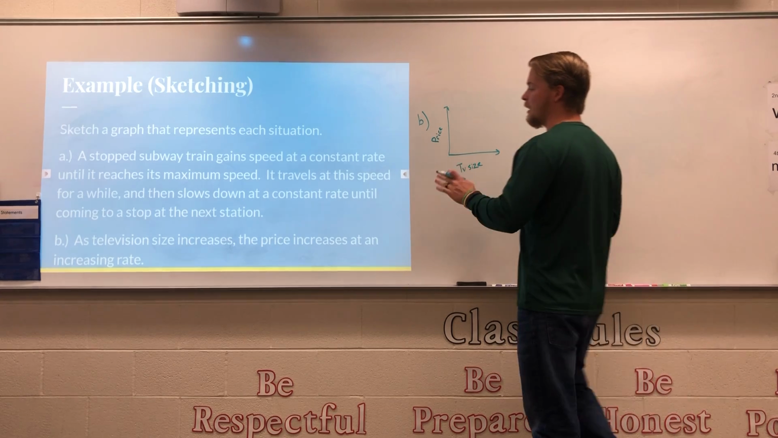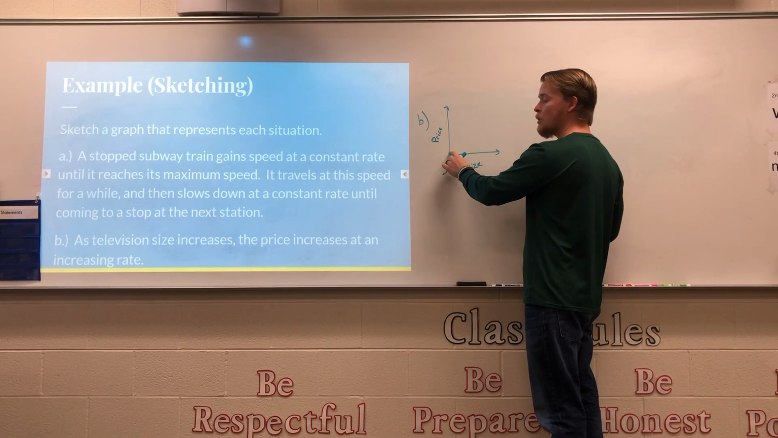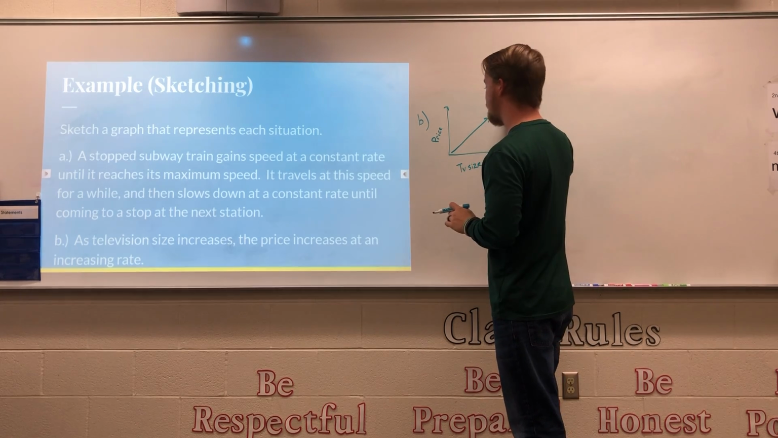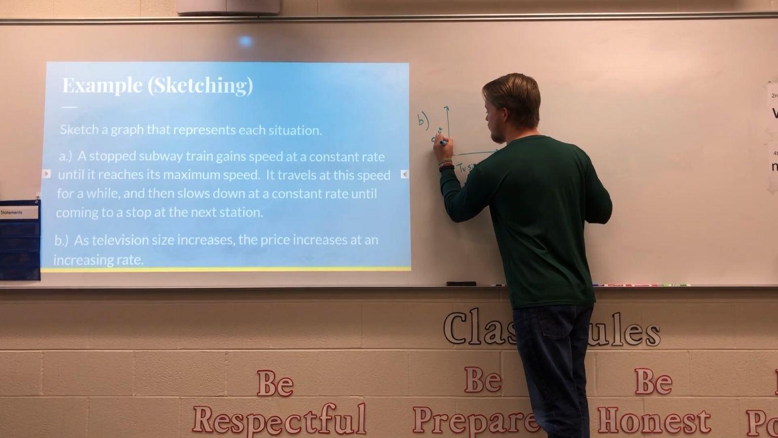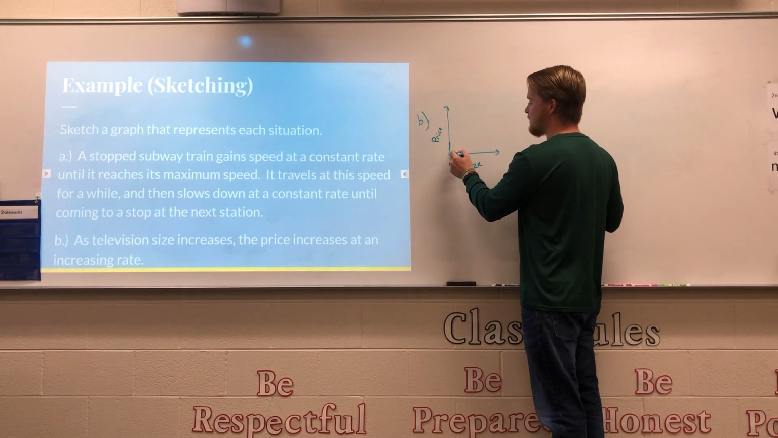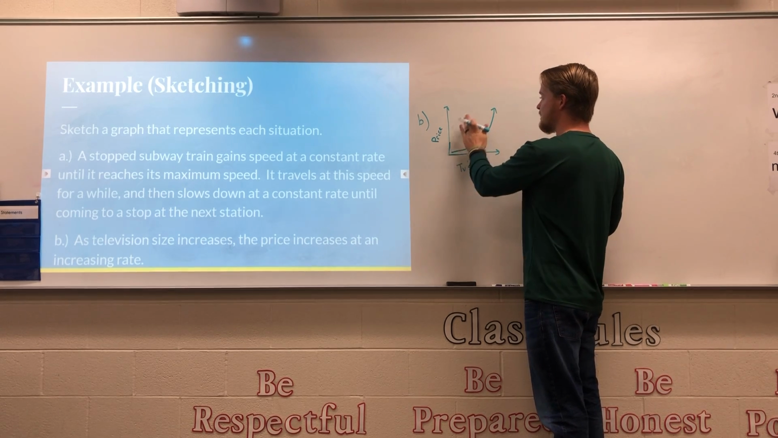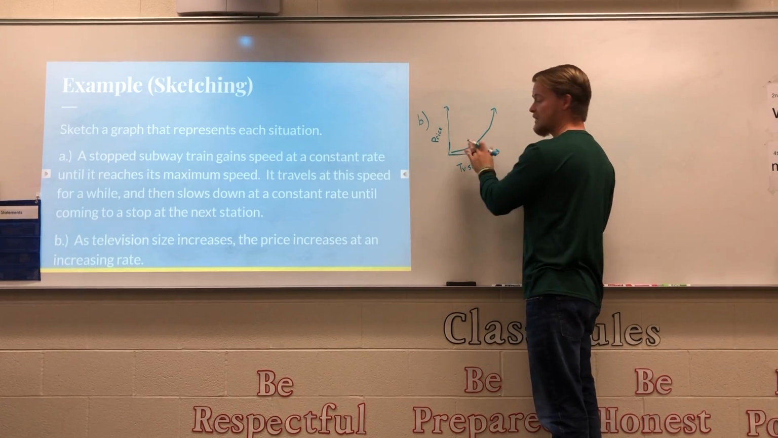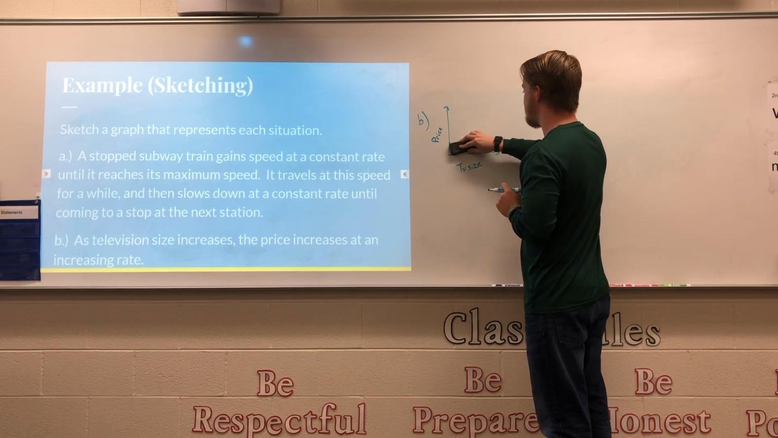Okay, so as television size increases, so that means as this is getting bigger, the price is increasing. So we know that we're increasing, but we're not increasing like this because it says that the price increases at an increasing rate. So let me show you what the difference between an increasing rate and a decreasing rate would be. So if it's increasing at an increasing rate, that means as the TV size gets bigger, this is curving up like that because the price is increasing at an increasing rate as the TV size goes up. So this is your answer to this problem. So that is what your graph should look like. If it was increasing at a decreasing rate, I do want